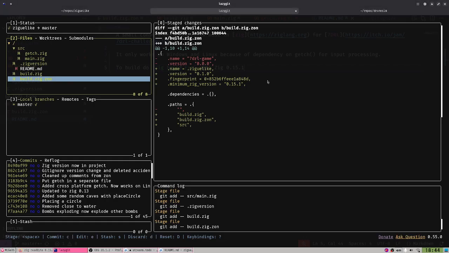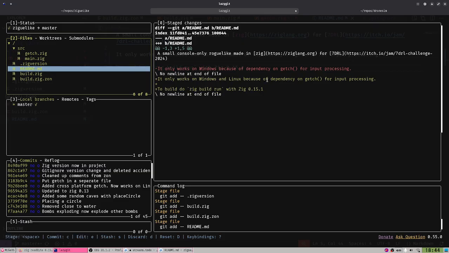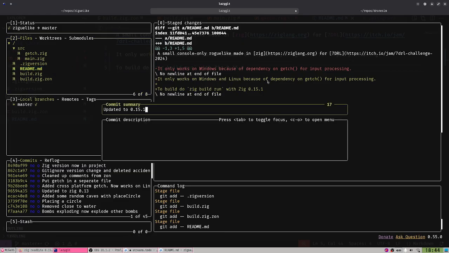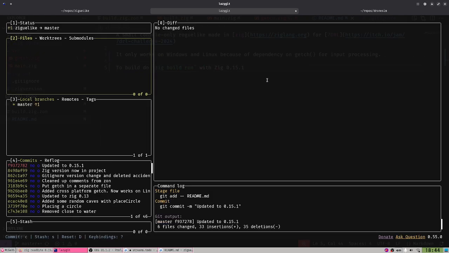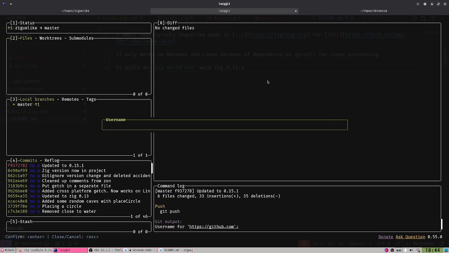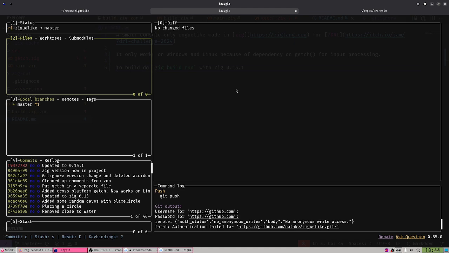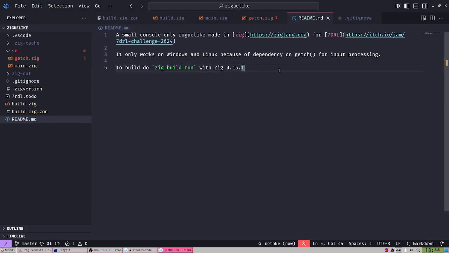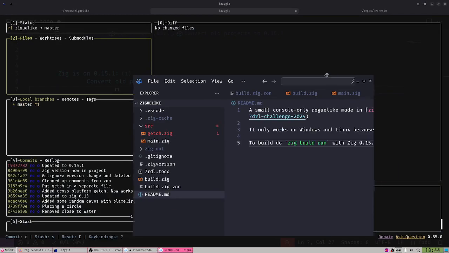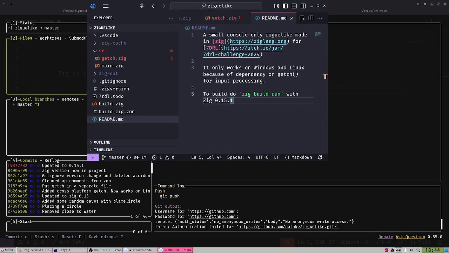Okay, let's add that as well, and I'm going to commit that. Update to 0.15.1. Here we go, and push. And why is it asking me for a username again? Doesn't the authentication already work? Okay, I'm going to push later. Anyway, so that's what it comes to for Zig-like.